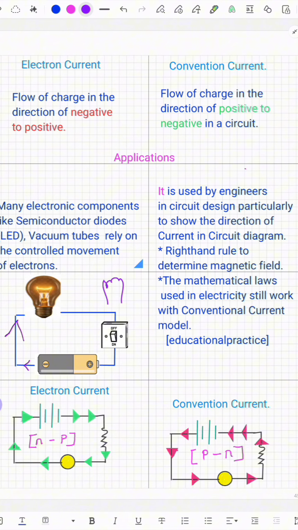So the electron current is nothing but the flow of current from the negative terminal to the positive terminal. But for educational practice and for calculations, we say that the current flows from positive to negative. Semiconductors and electronic components like semiconductor diodes, LEDs, and vacuum tubes work